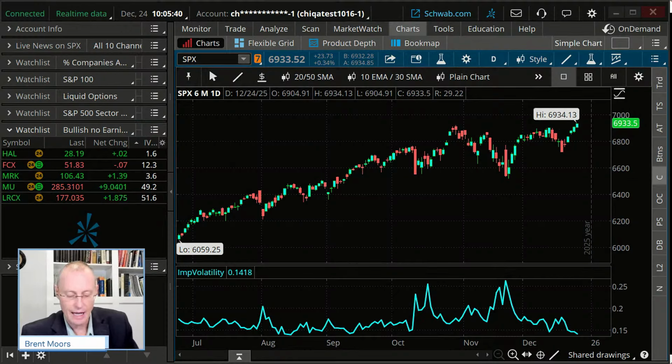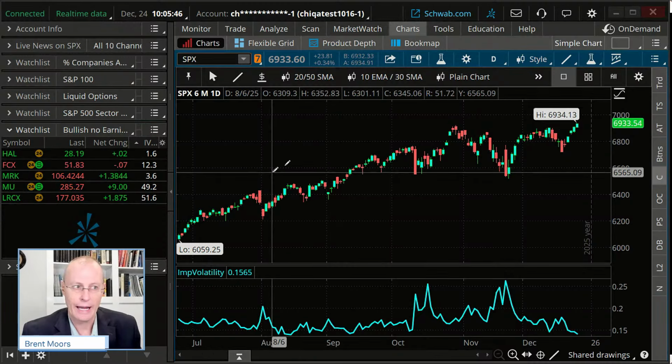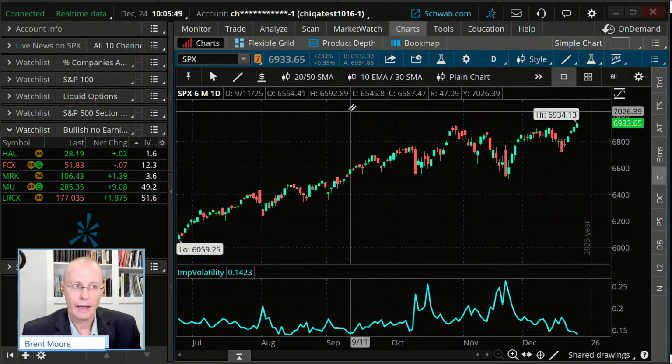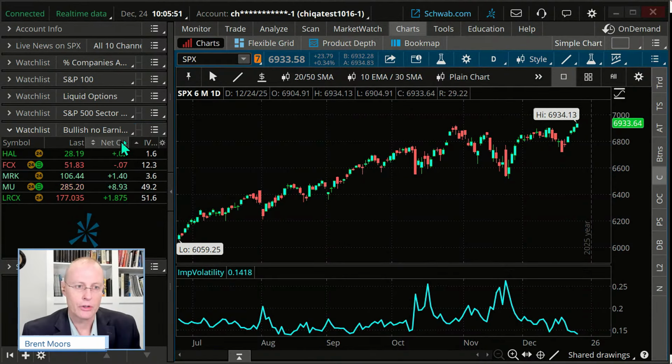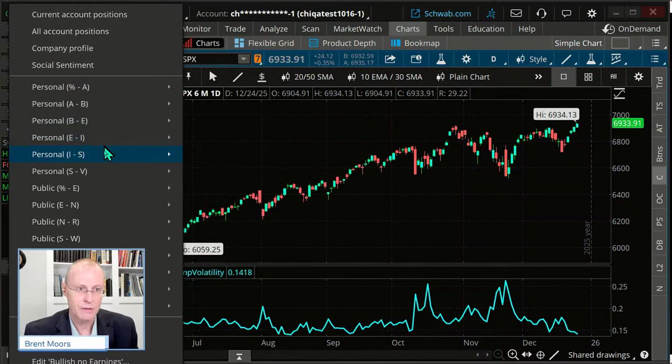Now, having said that, the kinds of scans that you may do are so that you can create this watch list. When you save it, it depends on the strategy you want to do. Do you want to find bullish stocks, bearish stocks, neutral stocks? Well, there you go. So for example, I can go to my personal watch list